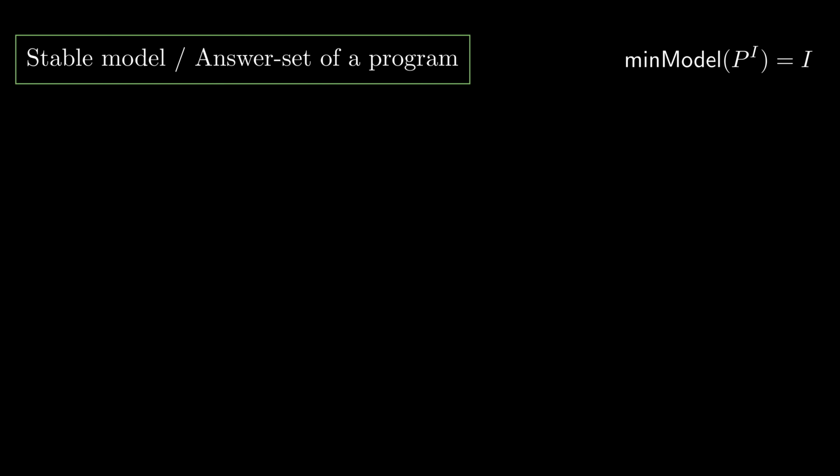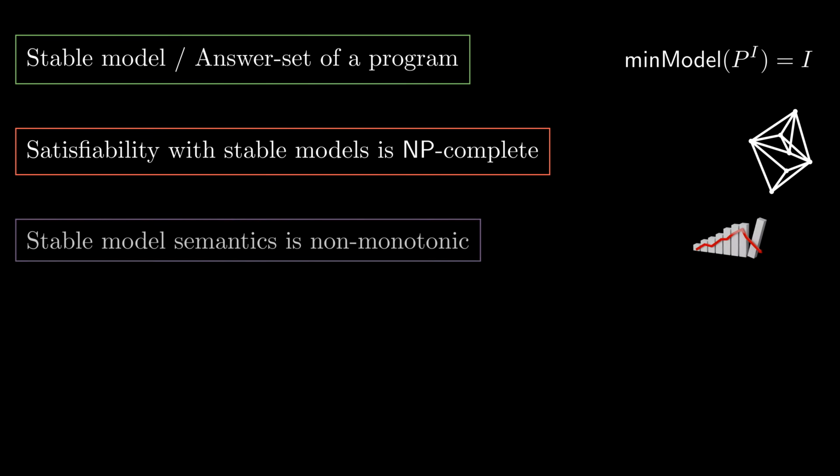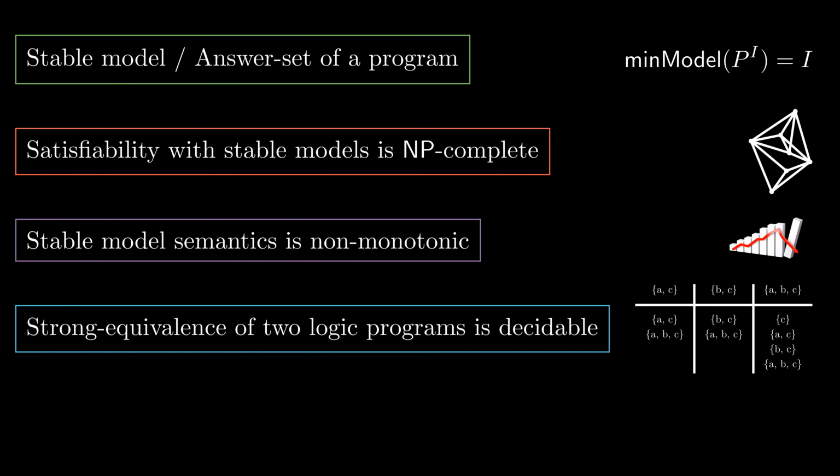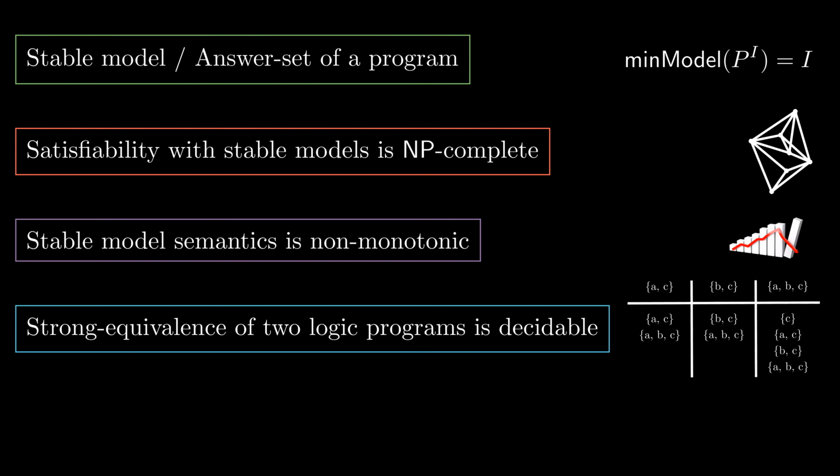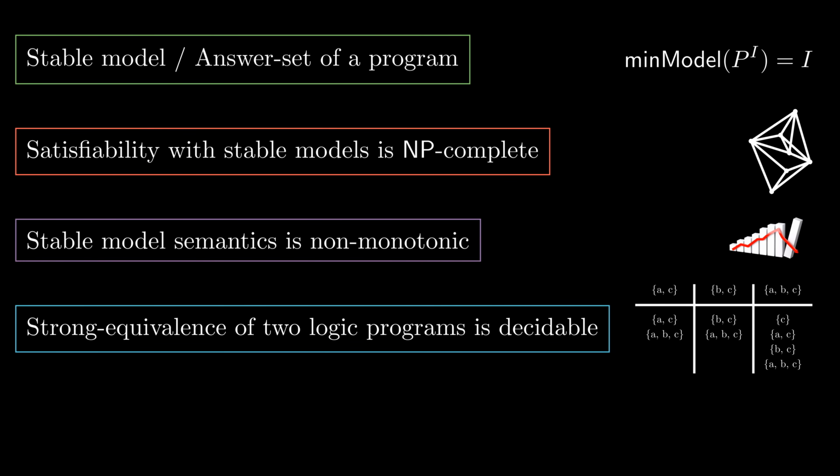Okay, real conclusion this time. We have explored stable models of logic programs, which are also called the answer sets of a program. We have seen that detecting whether a program admits a stable model is NP-complete, and that reasoning under the stable model semantics is non-monotonic. We also discussed strong equivalence under the stable model semantics and described a way to check whether two logic programs are strongly equivalent, by constructing for each program a table of classical models. By the way, this table exactly describes another semantics called the here and there semantics.